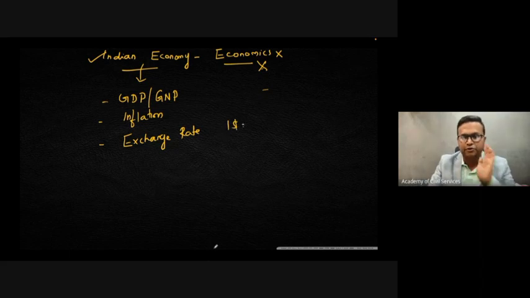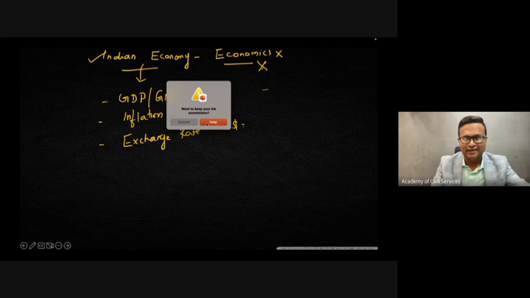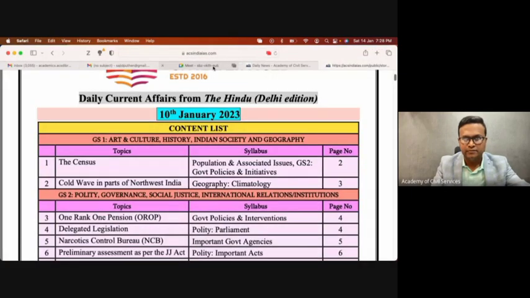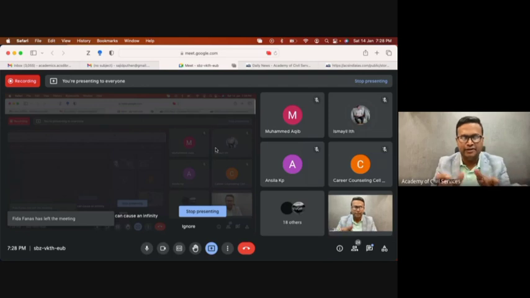Is there any option for you to type your answer? Is there any in the Zoom? There is an option for the students to type the answer, for making the session interactive. Same way in Google Meet, if you have an option to comment, can you tell me how much is $1 at present? How many Indian rupees? Anyone? I'm not able to see any response. Maybe I'm not much familiar with the system. And yeah, $1 is how much? Is there any option for you to type the answer? Around 82. Yeah, 82. Near to 82, 83.